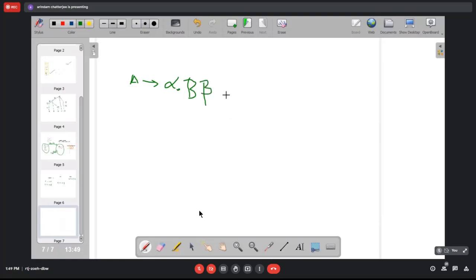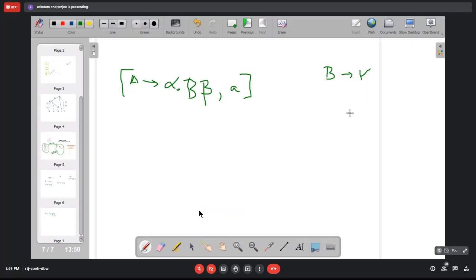So alpha dot B beta comma A is an item in LR1, assume. Then you have a rule B producing some gamma. I don't know what it is. Could be one non-terminal, could be one terminal, could be a combination of many terminals and non-terminals, etc. So B produces gamma.